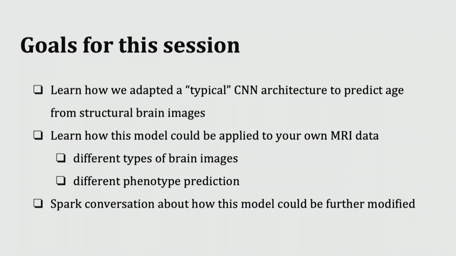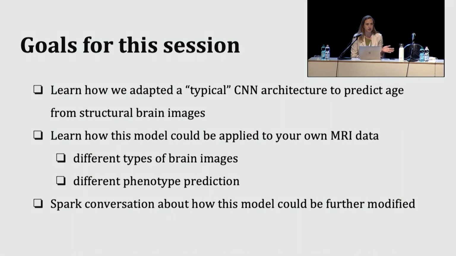As we're walking through this together, maybe keep in mind ideas you have for how this framework could be applied to something other than just predicting brain age. I've sort of validated that here, but I really believe that this model could work well for other phenotypes as well. So I'm going to talk about how we've adapted CNNs to be applied to brain images, some of the modifications we made from these typical architectures, and how I've been working on that the past few years. And also at the end, if we have time, I'll get into some ideas for even further modifications that we could make.